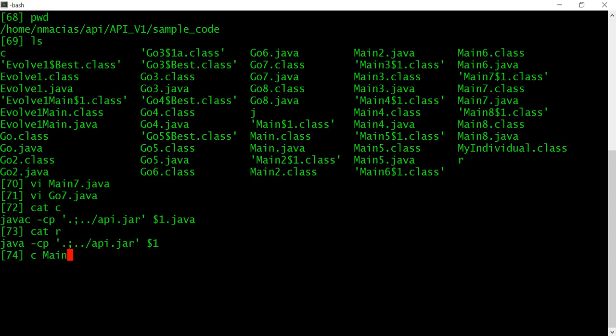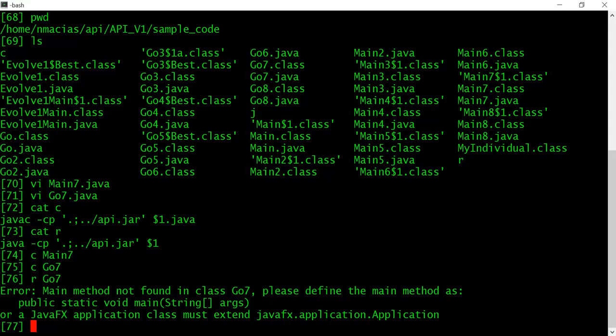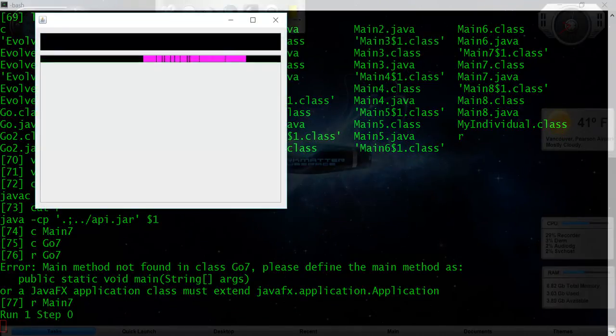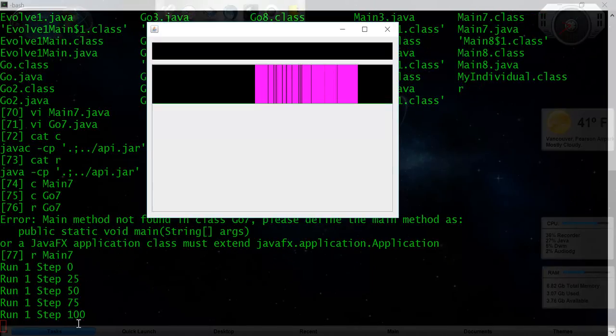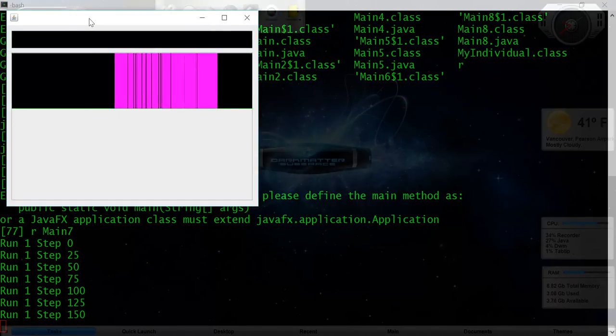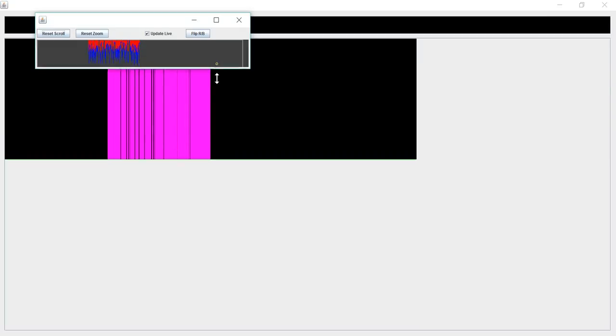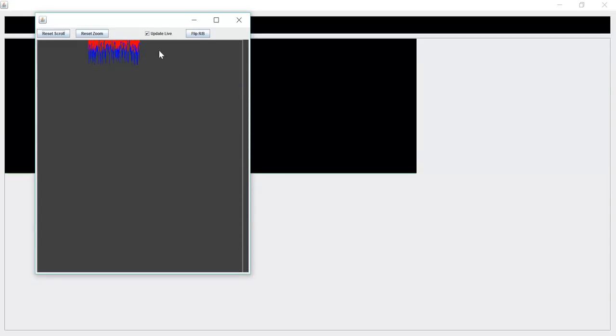So I'll compile main7, I'll compile go7, and then I'll run go7, and sorry, I'll run main7. And here's our code executing, and you can see the step numbers coming out down here. This is our basic display, and I can zoom into this or blow this up, and it doesn't look like a lot is happening. If I click anywhere in here, I get this live display